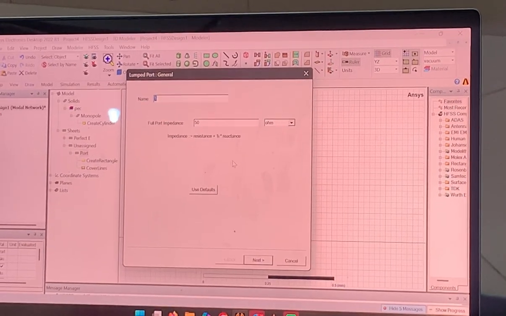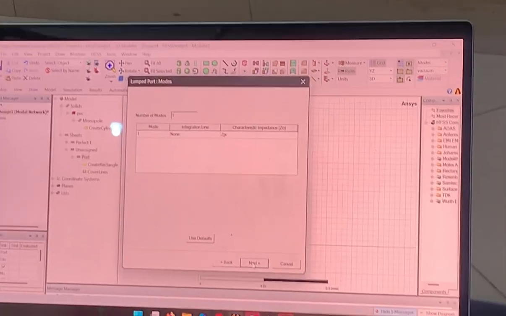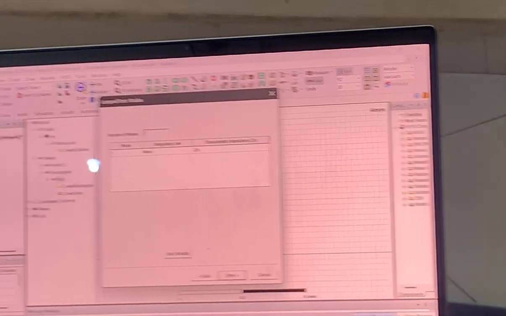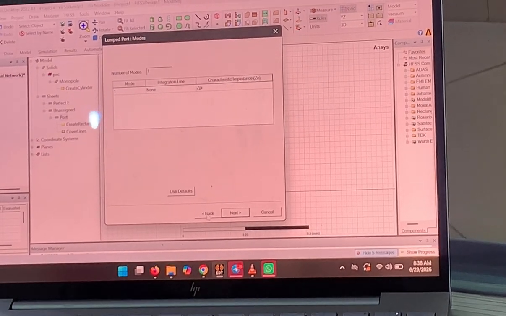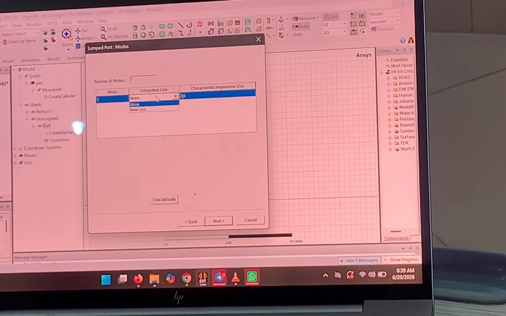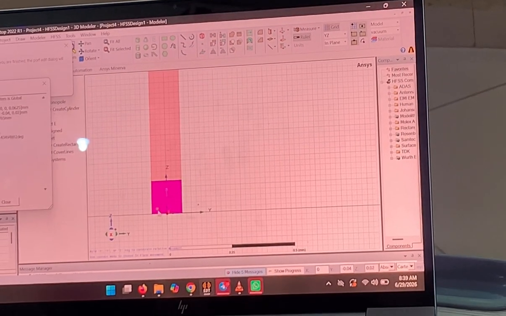Now this is what you're supposed to get. So you click next. You see the 50 that was there. Remember from class 4 I told you that the impedance there is 50. So that's just it. Then you select new line here, and then